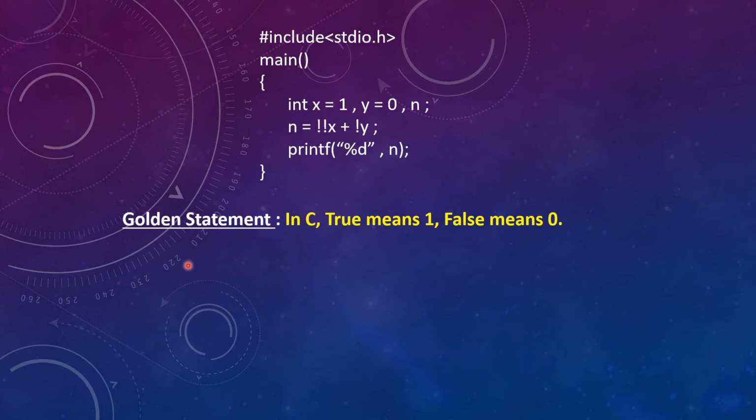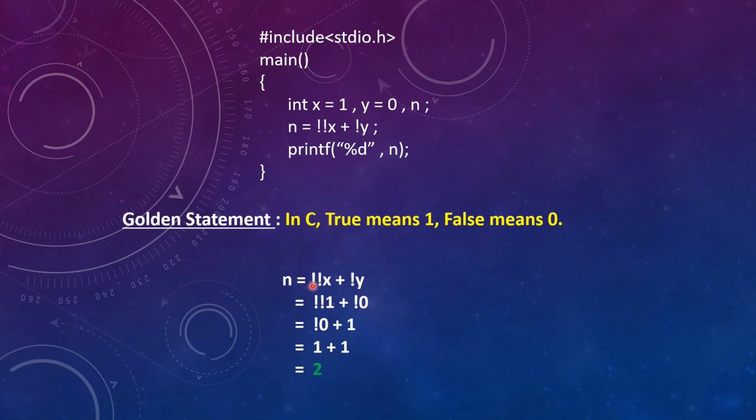Okay, if you are calculating a condition's value which is a true or false thing, then non-zero data is a true value, that is for sure. But true means 1, means that non-zero data which you have calculated from that condition, if it is non-zero data, then the output will be true. But if you print that true in integer format, you will get 1. Okay, so basically true means 1 and false means 0. So here also, let us see how we will calculate this variable n, then it will get more clear.